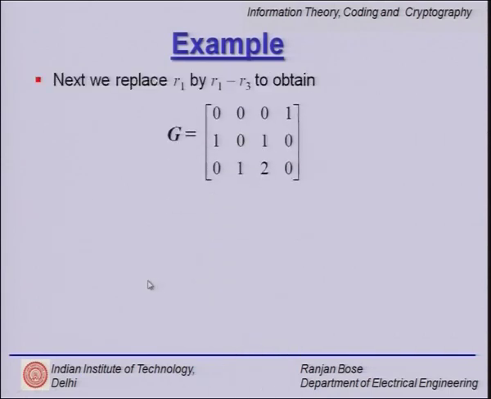But we can do some other things. So we can replace R1 by R1 minus R3 and we can get another kind of a thing. So we have got 0 1 0, 0 0 1, 1 0 0 as 3 columns which are candidates for my identity matrix in the beginning. All I have to do is interchange the columns. The order of the columns can be changed.